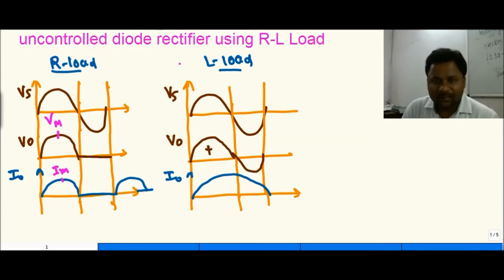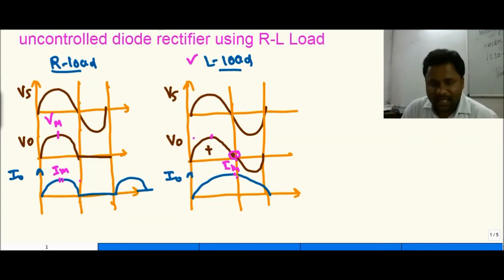But when we are thinking about the L load, when the voltage is 0, then we can obtain the maximum current. So it has a phase delay of 90 degrees between the voltage and the current in case of the L load. So here the operating point for the maximum current is shifted from this point to this point. Here the voltage is maximum, the current is maximum, but here the voltage is 0, the current is maximum. If the voltage is maximum, then current is 0.